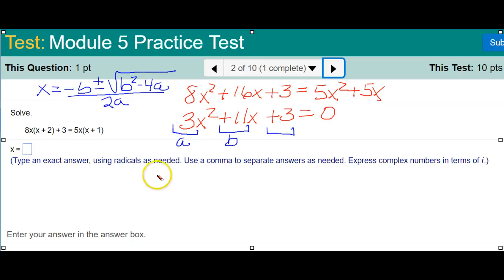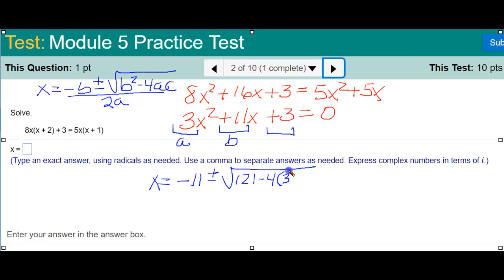So starting off, x equals, now a negative b, b is 11, so this is a negative 11, plus or minus the square root. Now if you square b, and this will always be positive, this is 121, minus 4, which is in the formula, and I forgot to put the c there, 4ac. 4, and a we said was 3,